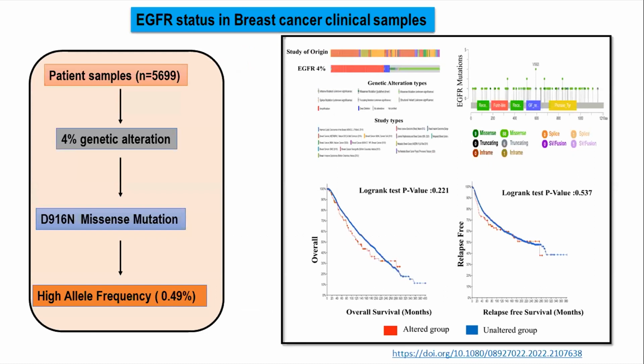So if we carefully look at the EGFR receptors, we had tried to understand the amount of mutation in EGFR, a unique one, at a specific position of the EGFR. And for this, we have screened almost more than 5,000 patients and tried to understand the genetic alteration. The genetic alteration was at 4%, which is considered to be huge. And within this genetic alteration, the missense mutation, a specific mutation at a specific position, determines the high allele frequency compared